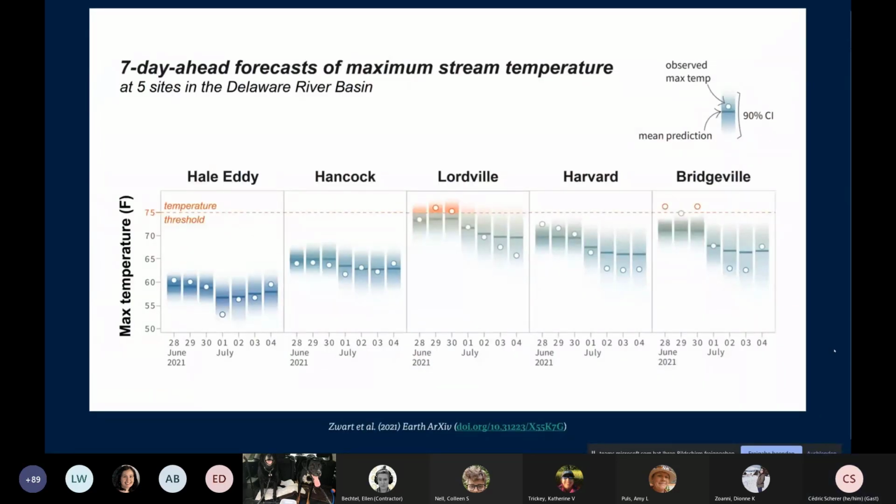And it was also shared at least by the USGS data science for the preprint by Swart et al. Unfortunately, the DOI didn't work, so I couldn't have a closer look, but I really love this visual when I've seen it. So I think, please correct me later on if it's not correct, this was the ggdist package here with the gradient interval. And here you can see the mean and the observed maximum temperature and the confidence interval all in one. And then there's a very nice color coding here also with the temperature threshold and the lower and higher temperatures with brownish and blue colors. So there are use cases for these.